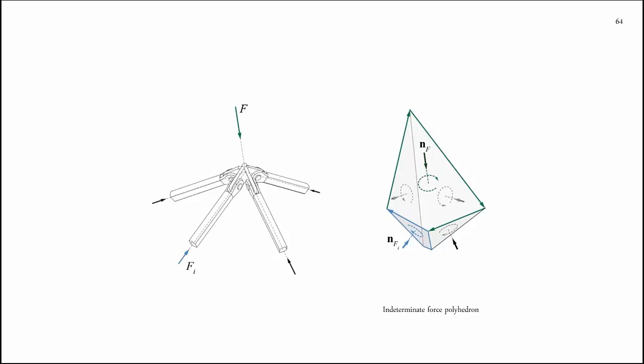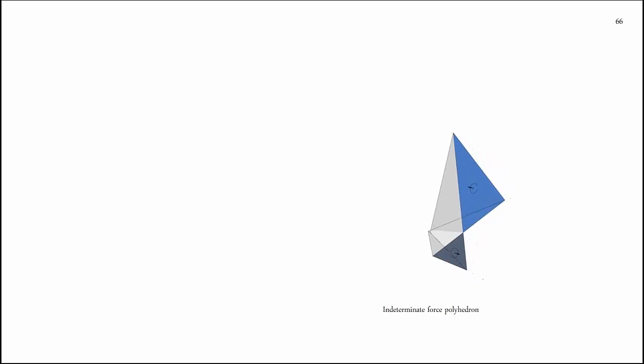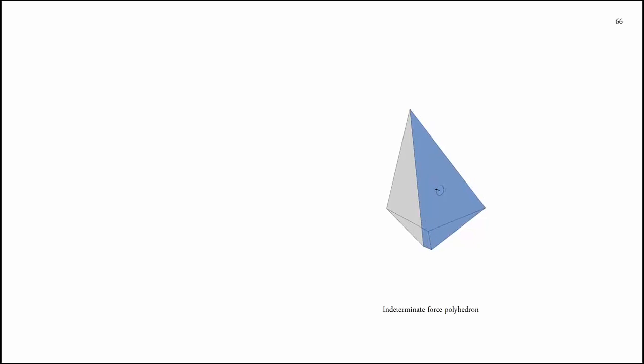And that would be an indeterminate force polyhedron. So, an indeterminate force polyhedron can have different values per face, and the force polyhedron can also self-intersect. Okay? In that case, the magnitude of the force would be basically the area of each region